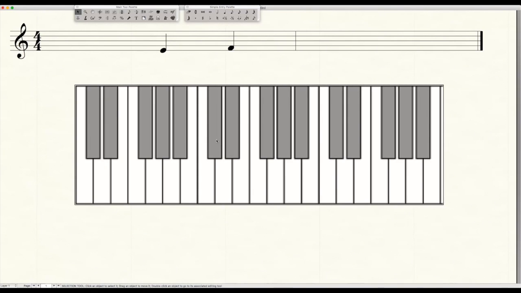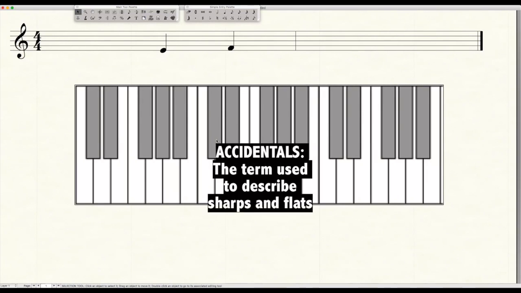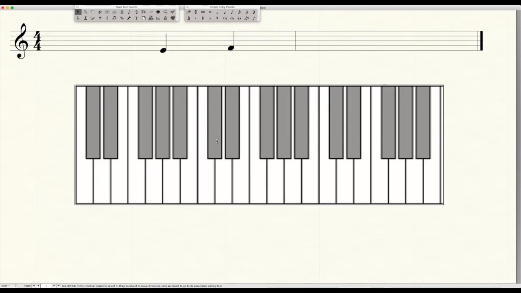And just remember, between E and F and B and C, there is no accidental. That's what we call sharps or flats. It's the catch-all term for sharps and flats. Okay? So, that's the tutorial on whole steps, half steps, major seconds, and minor